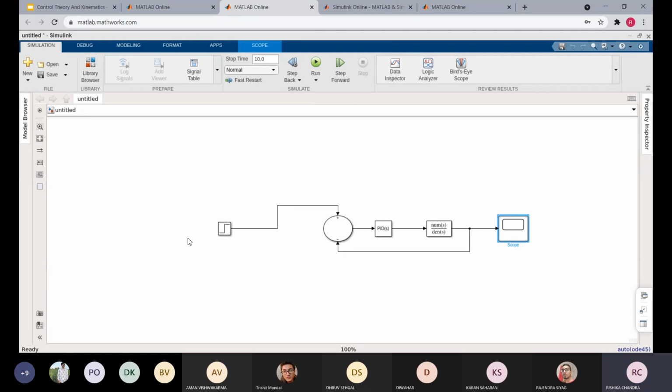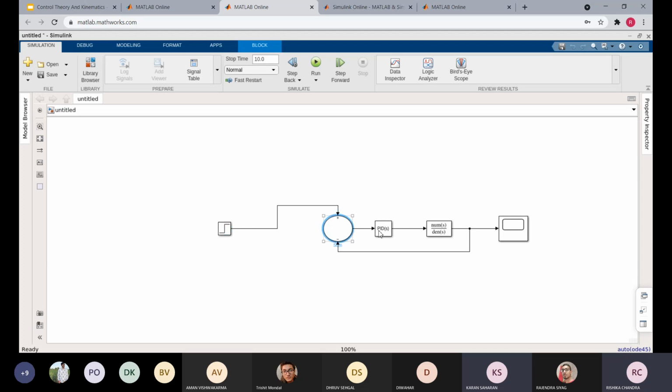Okay, understood all this? All these connections, and how to take all these blocks from the library browser. Got this, right? Yes, ma'am. When you created this model, that time I created my account. So please tell me the name of these blocks. Yeah, so this is unit step. See, clicking on this, you'll get the name. Step is written here, right? So this is unit step.